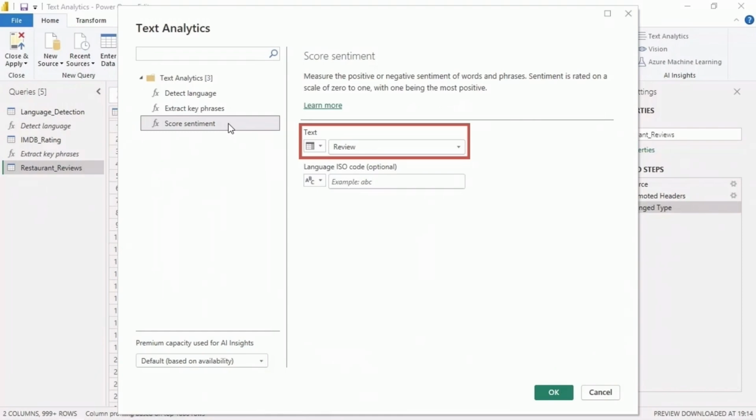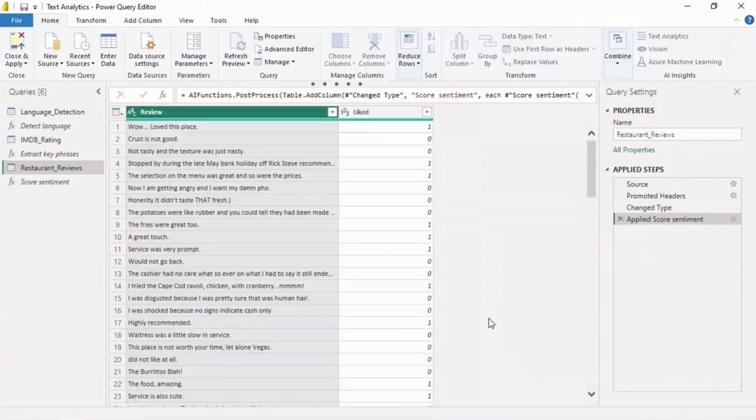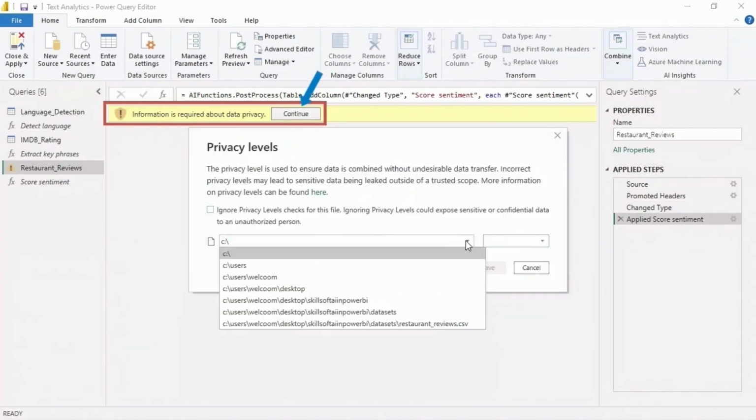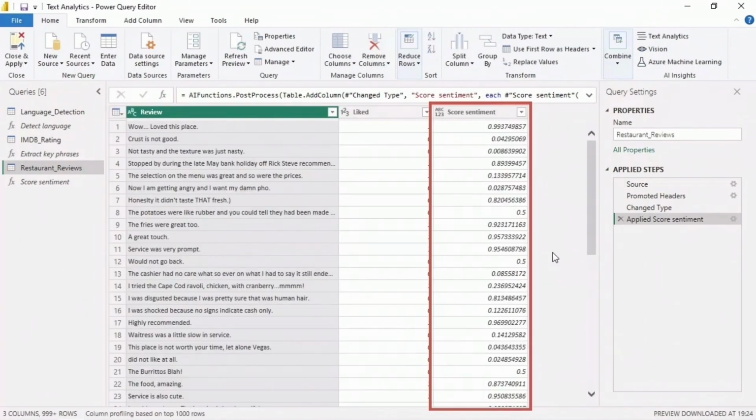This will bring up a dialog where you select the column that contains the text that you want to compute the sentiment for, and you can optionally specify a language. Well, review is the only such column available, so that's what we select. Go ahead and click on OK. And once again, you'll be asked to specify the privacy level for this particular data that you want to analyze. Click on Continue. Make sure you select the restaurant reviews CSV file, and I've set the privacy level to organizational. Wait a few moments for the sentiment scoring to be done, and you should get a score for every review